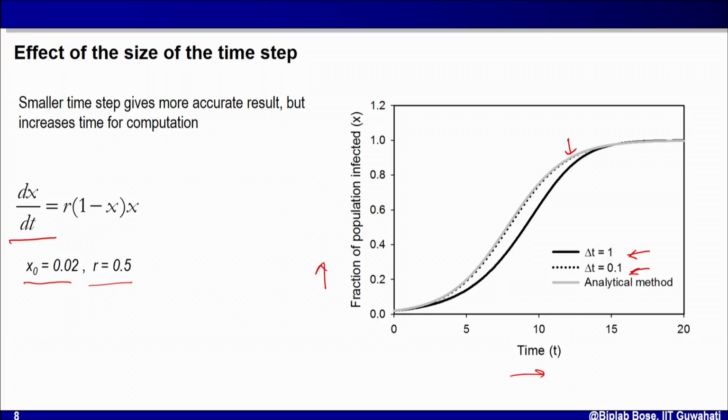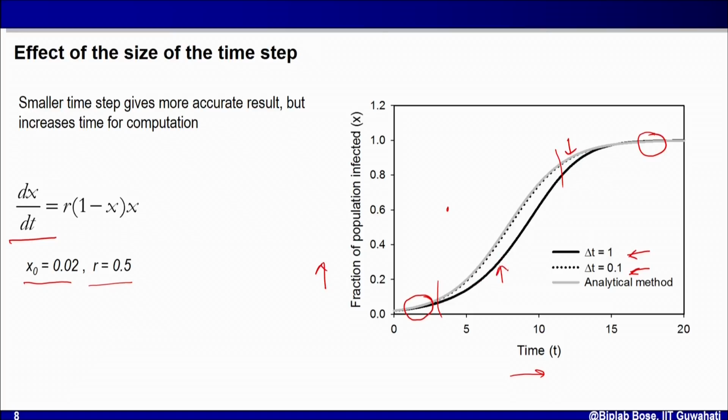As you can see, initially both the analytical method and both the numerical methods are giving similar results. At the end also we have all these three matching together. But in between here and here, you can see there is a difference between the different methods. When delta t is 0.1, it is almost the same as the analytical method. But when you are taking a bigger delta t, we are getting an erroneous result,